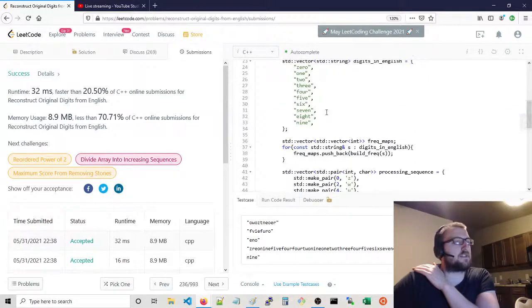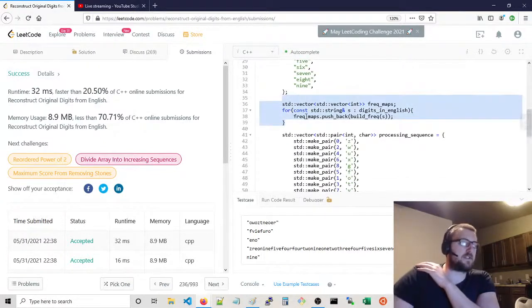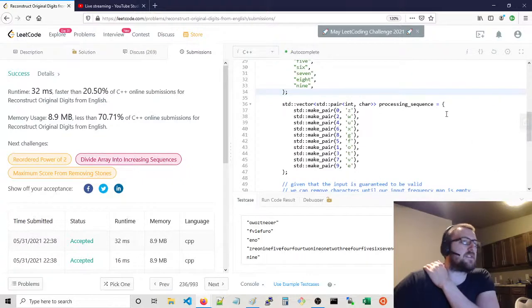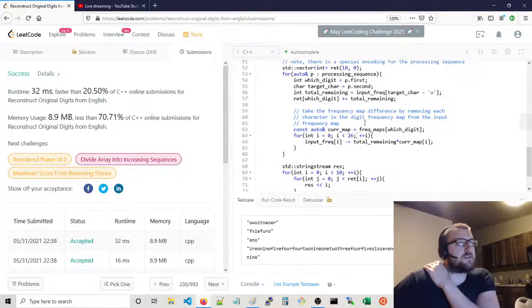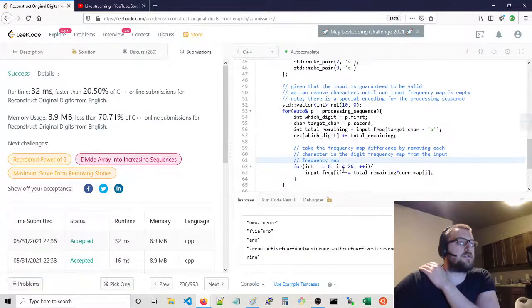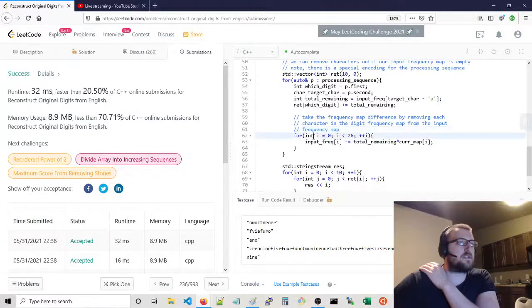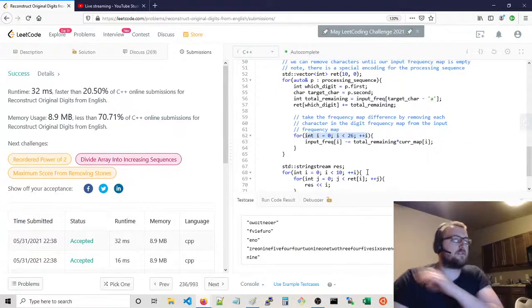I think you don't actually need to create these frequency maps here to do the calculation. I think that might be part of the slowdown, because you can do, yeah, you don't need to go through the current map. You can just do, if you do digits in English, you go